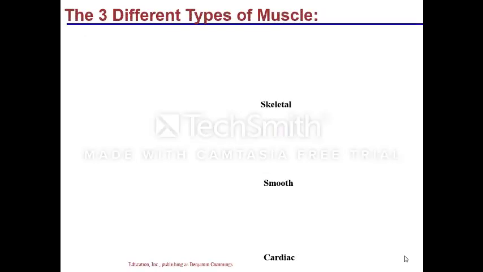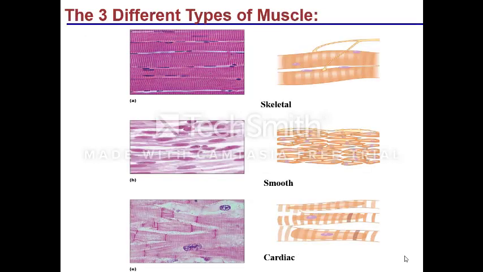There are 3 different types of muscle in the human body. These are shown here at 100x oil. They differ in structure, location, function, and their means of activation, but all require some sort of electrical stimulation for contraction to occur. At the top is our skeletal muscle, which we talked about in the last video lecture,